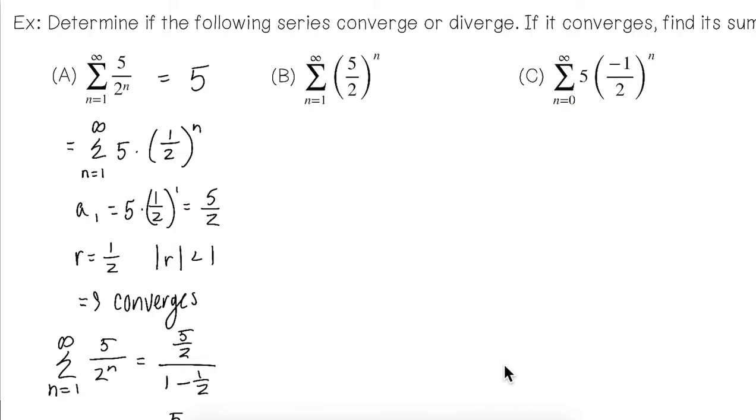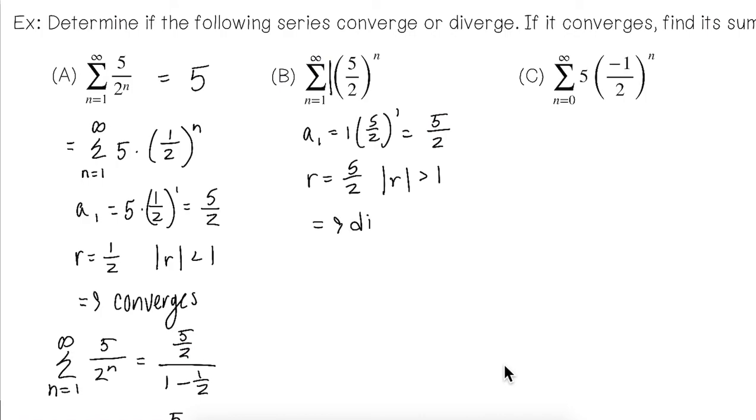Okay. If I look at my next one, I have an invisible 1 out here. My a sub 1 term is going to be 1 times 5/2 to the first, which is going to equal 5/2. And my common ratio is that 5 over 2 inside parentheses. Now 5 over 2 is 2.5, right? The absolute value of that is greater than 1. So this is going to diverge, right? So we say that this diverges by the geometric series test. Right? So as soon as that common ratio is bigger than 1 absolute value-wise, it just diverges,